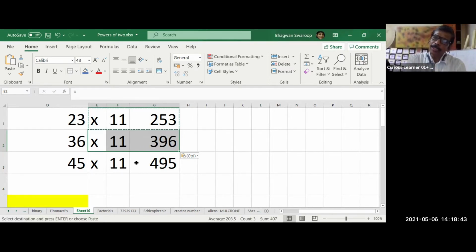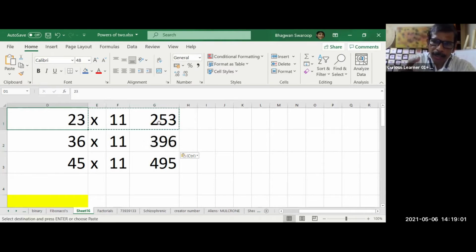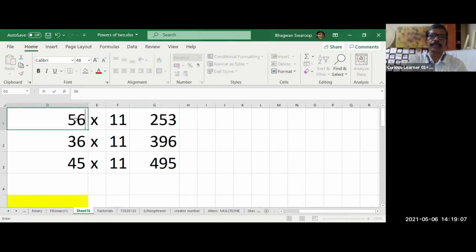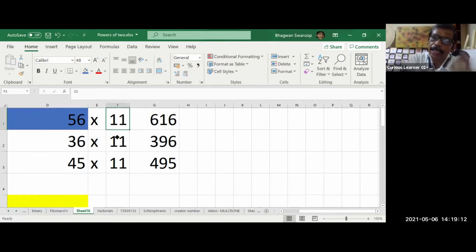Okay. Now this, you understood this one? So in the same way, when you come to your seventh digit, multiply by 11 and give them the answer mentally. But you will say, here you see the middle digit is less than 9 in all these cases. If it is 56, you see here, 56 multiply 11. Then how do we do it?